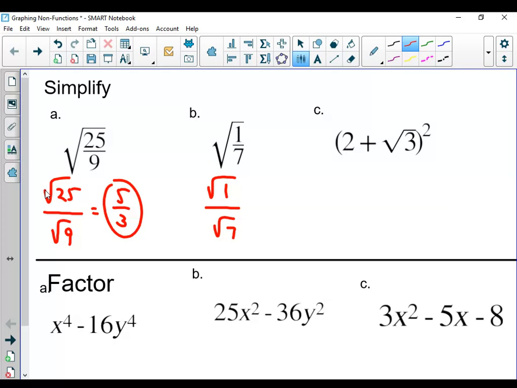The second one, we were kind of lucky. Was one of those perfect squares? Yeah, the top one was, right? But the square root of 7 is not a perfect square. So I'm going to leave it alone and have it look like that. Now,